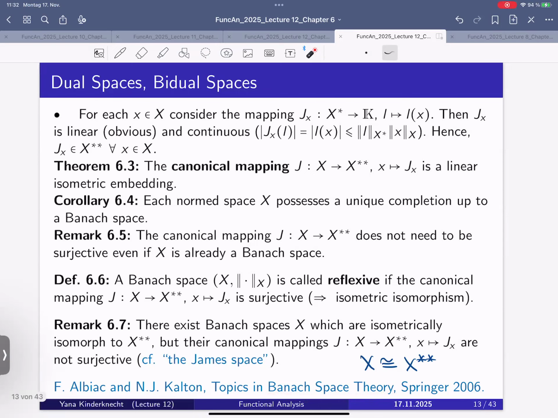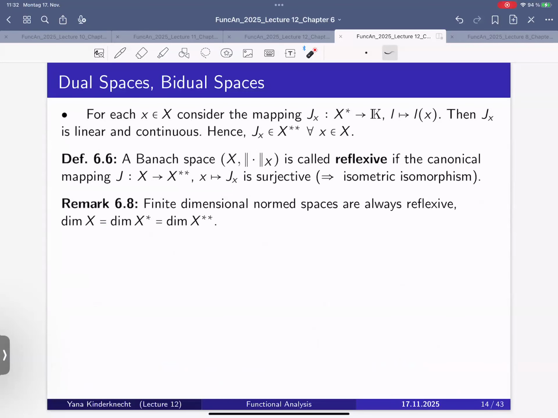We can say a little bit more: in the case of finite dimensional normed spaces, they are, of course, always closed and complete, and they are always reflexive. And we have this identity, which is known even from linear algebra. All linear functionals are continuous in this finite dimensional setting, and everything is totally fine. What happens in general, we will discuss next time.